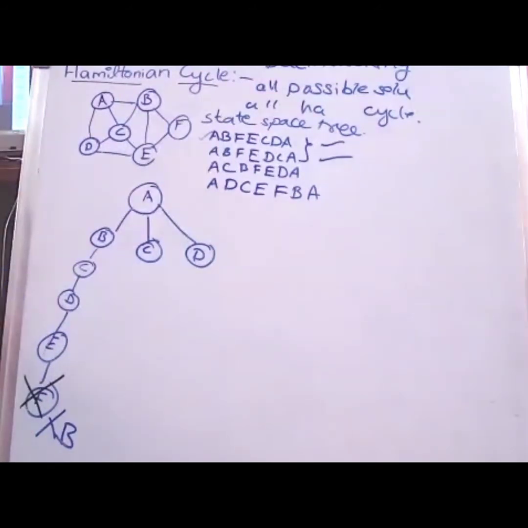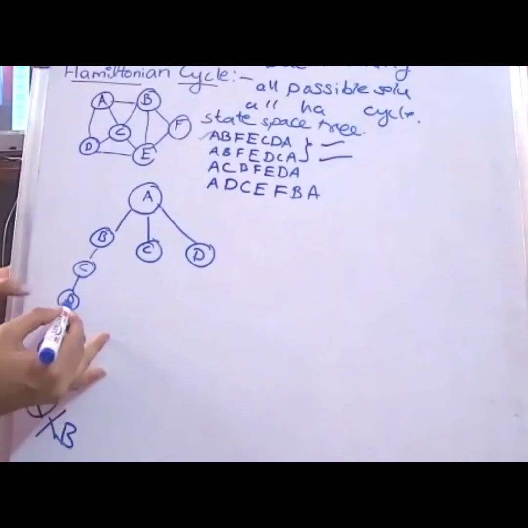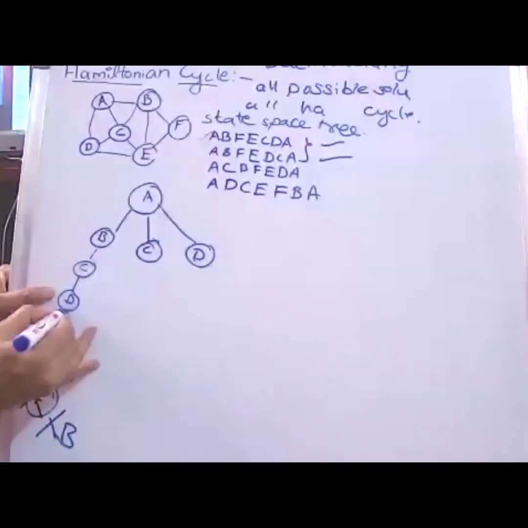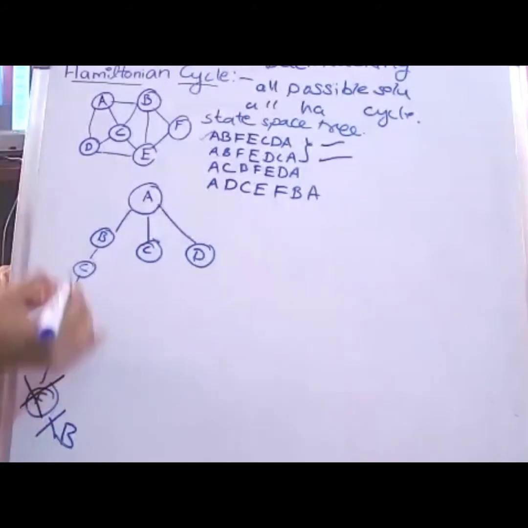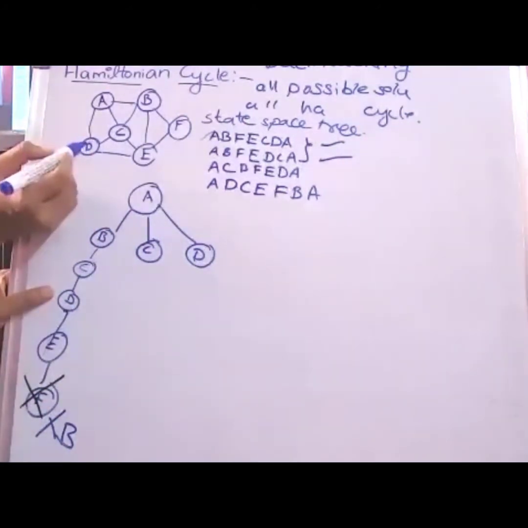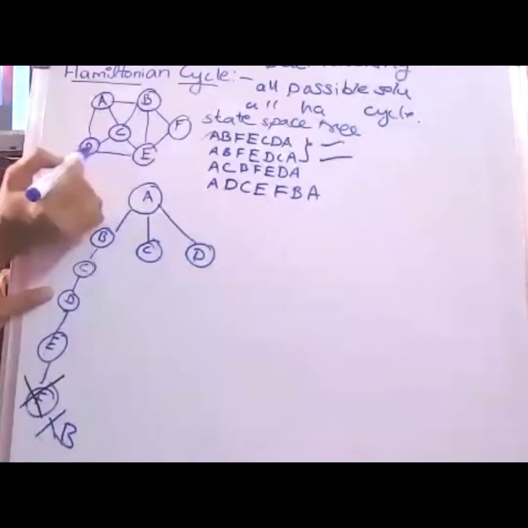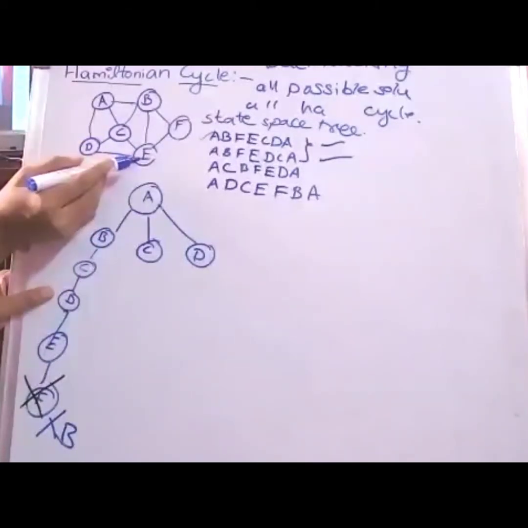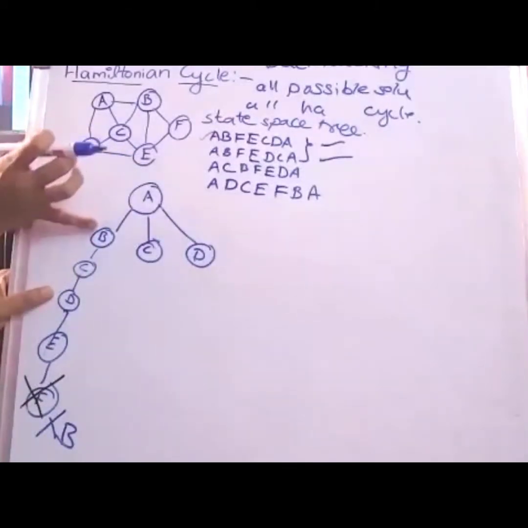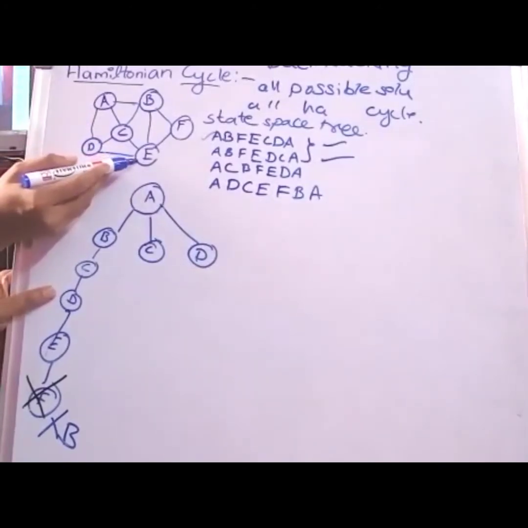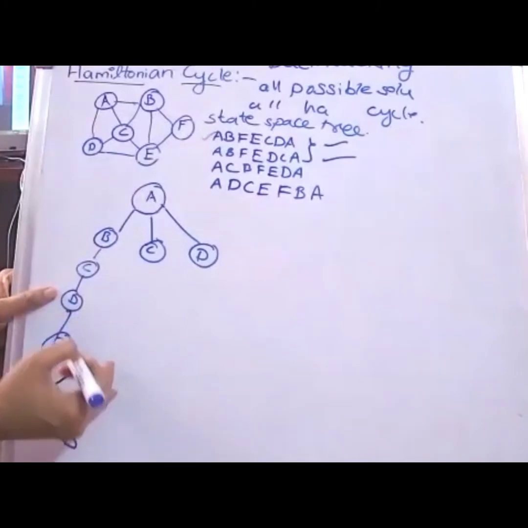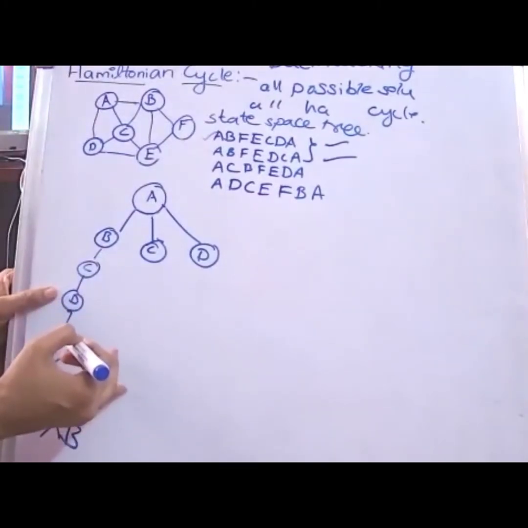From this point I am going back from E to D. Is there any chance to find another possible solution? Till this D, I have already visited A, B, C, D. So here I am trying to find the unvisited vertices. D is connected to A, C, and E. A and C are already visited in this path. The unvisited vertex is E, and I already tried this path. So it is not giving a satisfying solution.